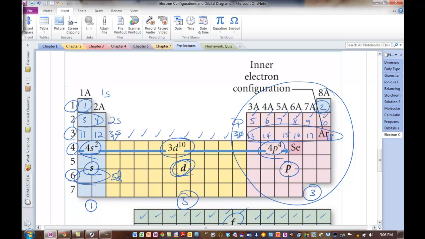We actually jump down at this point to here, which is the 4f. Okay, and the reason why we don't spend too much time with the f orbitals is that by then